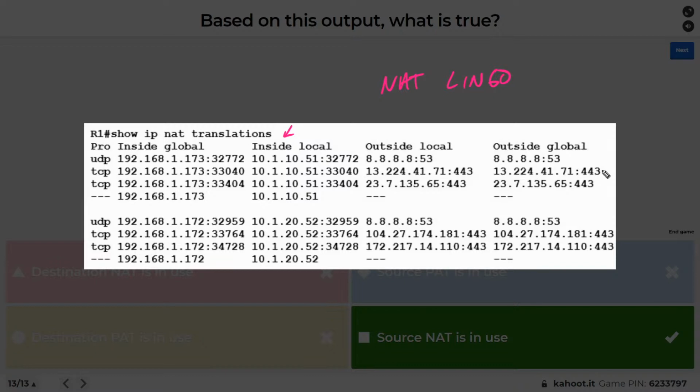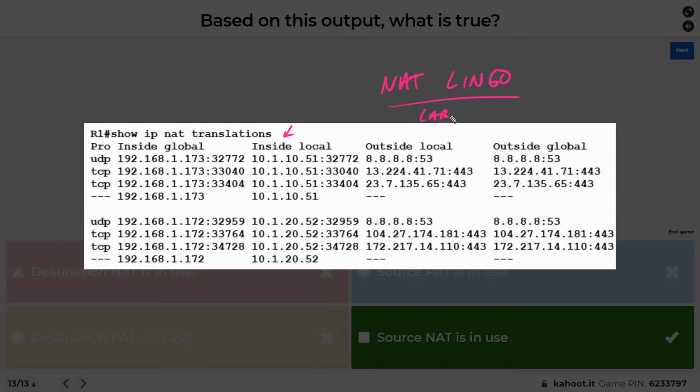This output has frustrated a lot of people for many, many years, at least 2 decades. From the output of show IP NAT translation, like inside global, inside local, outside global. I mean, just saying that is like, what? It's like semantic saturation where the words don't mean anything anymore. So I made a video called NAT Lingo, and it's on my YouTube channel. It's in the playlist for CCNA, like 150-ish videos there. And it goes over a great way of helping to understand what the heck these mean.